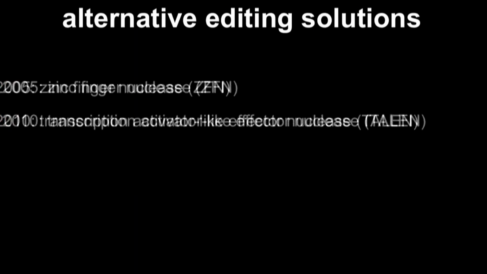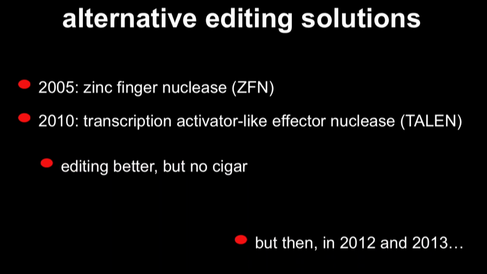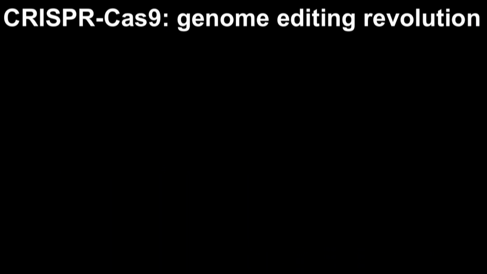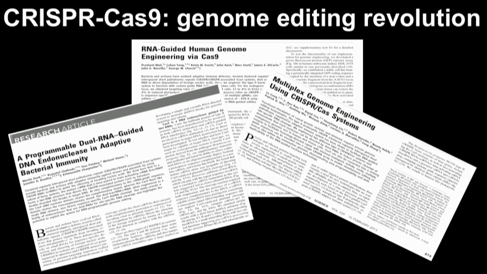It's slow, it takes at least a year in some cases, it's limited to one target at a time, it's very expensive, it's pricey, and there are all sorts of other constraints as well. And so the search for alternatives continued, and in 2005 and 2010 it was rewarded with the discovery of zinc finger nucleases, ZFNs, and then TALENs. You might have heard of these, and these are fantastic as well, but there's still no cigar, and the search continued. And then, in 2012 and 2013, with these 3 papers in Science magazine, the CRISPR-Cas9 revolution began and was announced. This new method of editing genomes.